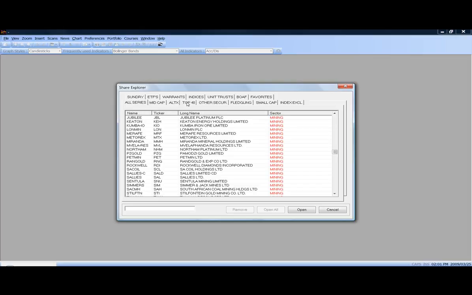To give you some idea of the sectors that we have here, firstly we have a top 40, followed by the mid-cap shares, in other words shares that are not as large as the shares in the top 40. That is followed by small cap shares, then fledglings. We also have all the warrants, all ETFs. ETF stands for Exchange Traded Funds. Then all the indices, all unit trusts,